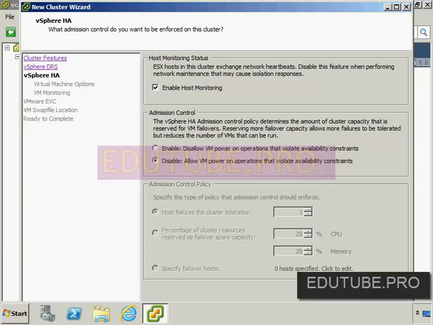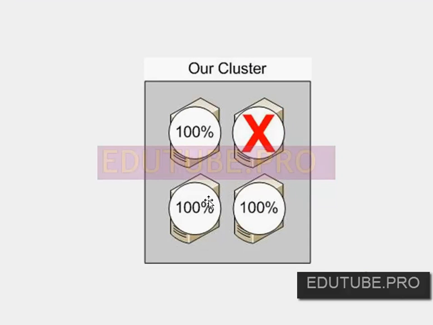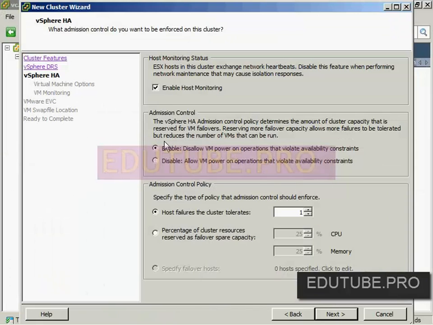Now, you got to be careful here. Remember our prototypical cluster. Not this one, but the other one, where I've oversubscribed my cluster, and so now I've got this host that fails, and I've got nowhere for virtual machines to go. Now, what admission control does is it says, I'm going to be the traffic cop, and I'm going to say, no, you can't power on because I don't have enough resources available to protect myself in the case of a failover. Some admins will turn on HA